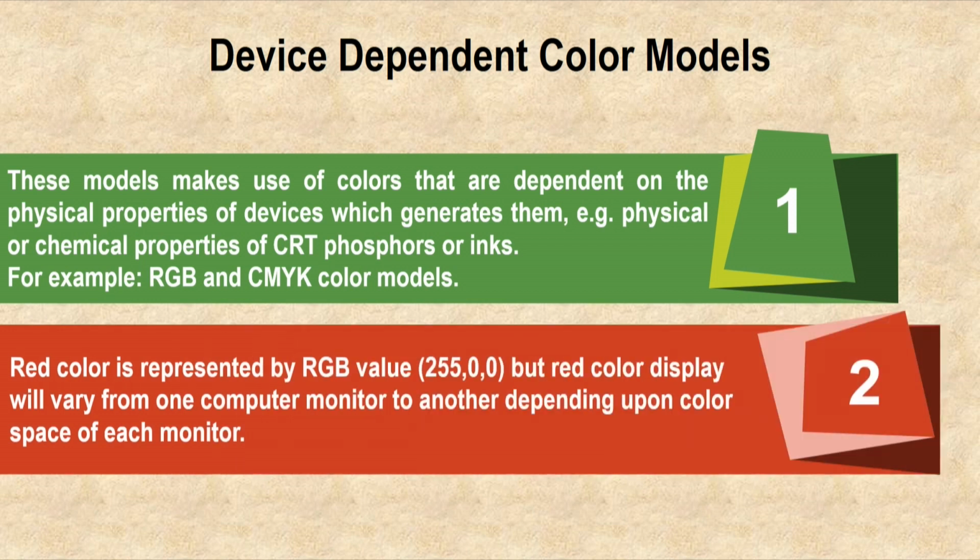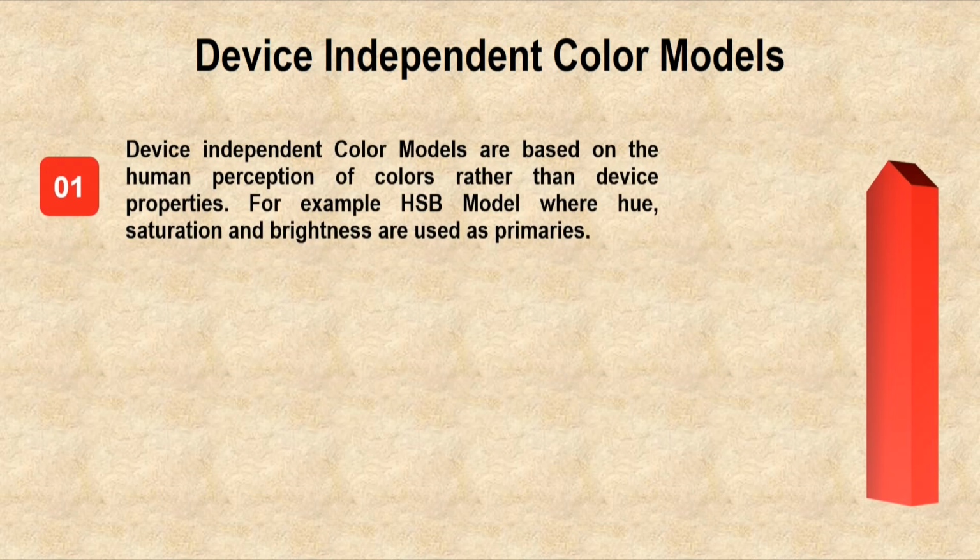Red color is generally represented by the RGB integer triplet 255, 0, 0. But red color display will vary from one computer monitor to another depending upon the color space that it is utilizing. Device independent color models. Device independent color models are based on the human perception of colors rather than the device properties. For example,